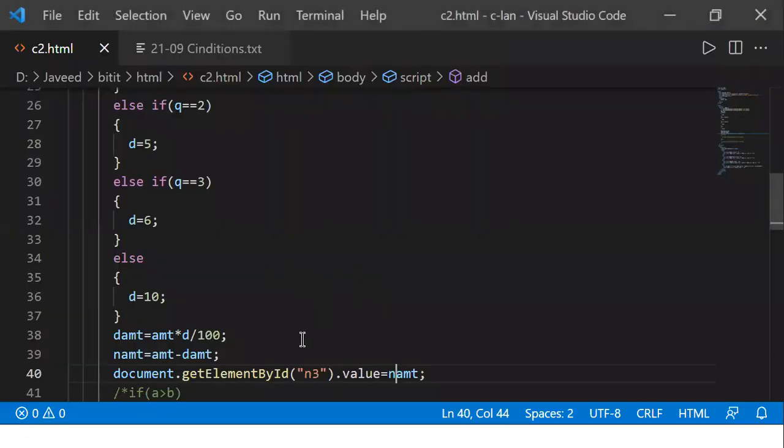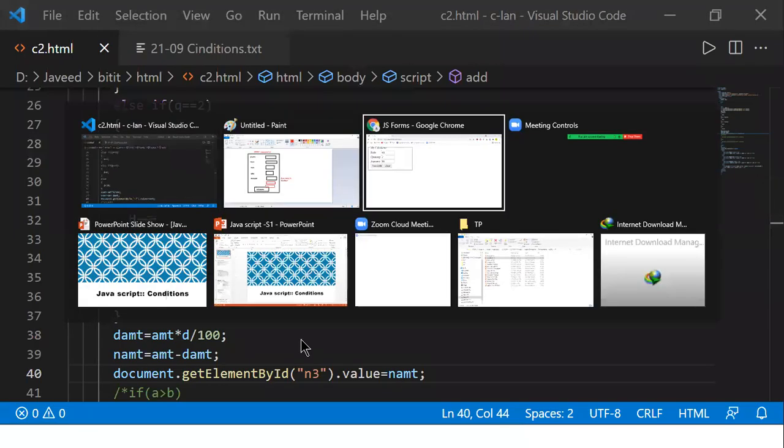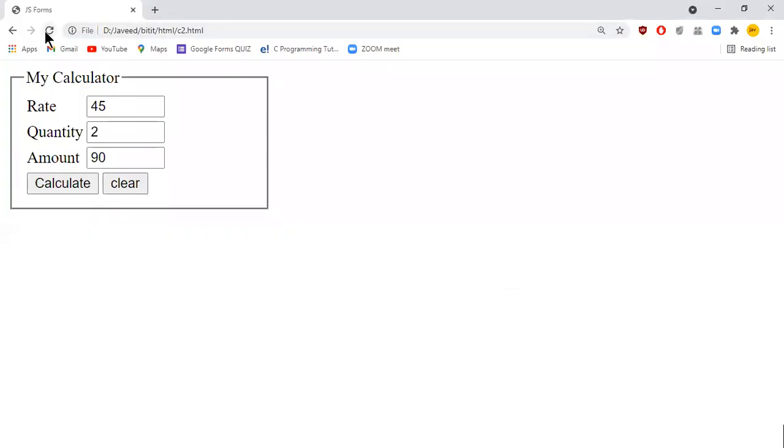No, sir, those changes I'm not making to my application yet. Just let us see that. Okay, I'll go to my screen. I'll just refresh. Now, let us say the rate of my product is 100 rupees. I'm purchasing 3 products. By default, the amount should be 300, right? 100 into 3 is 300. But I'm purchasing 3 quantities.